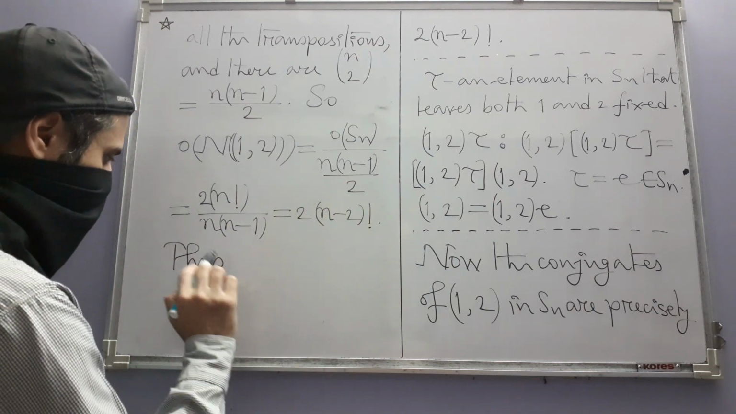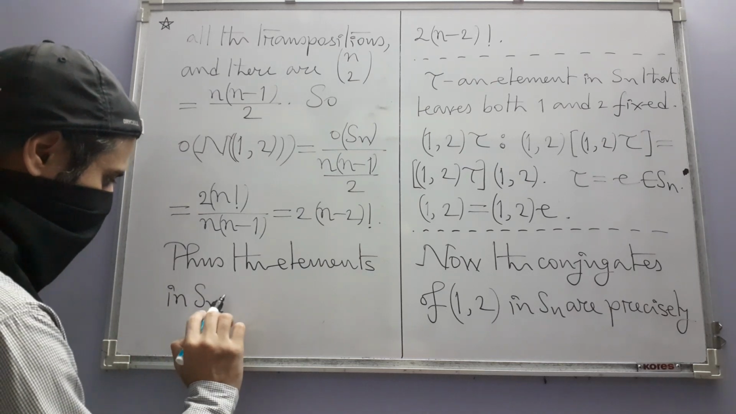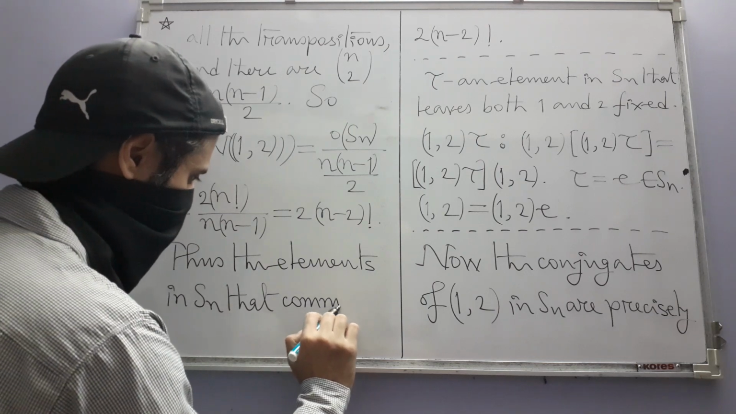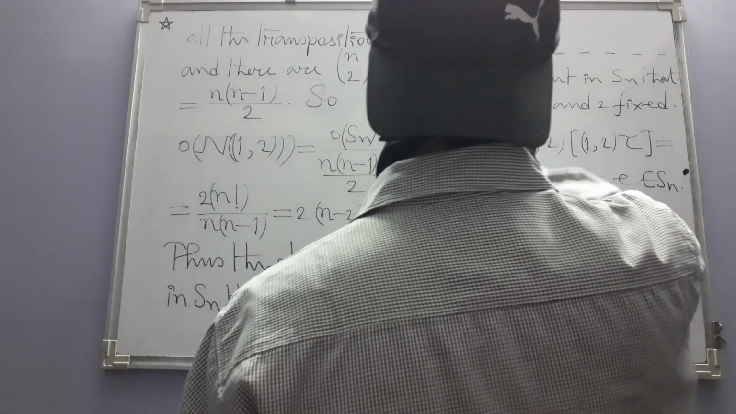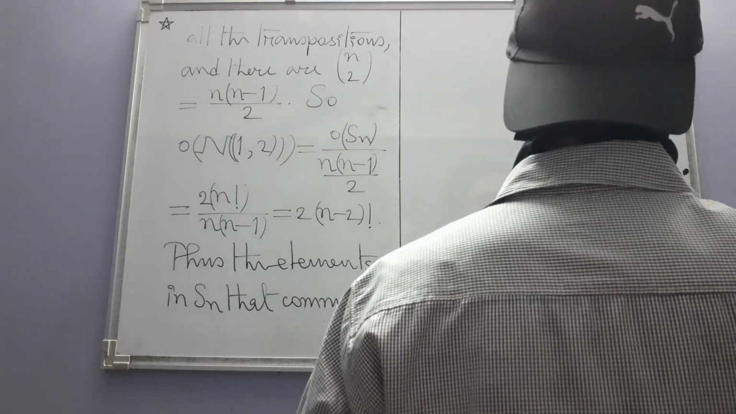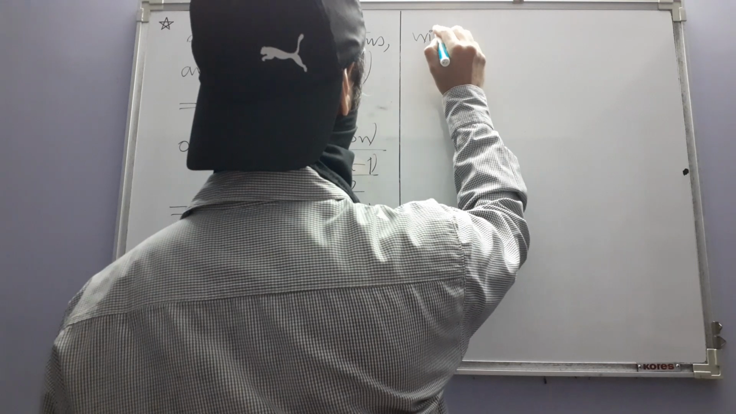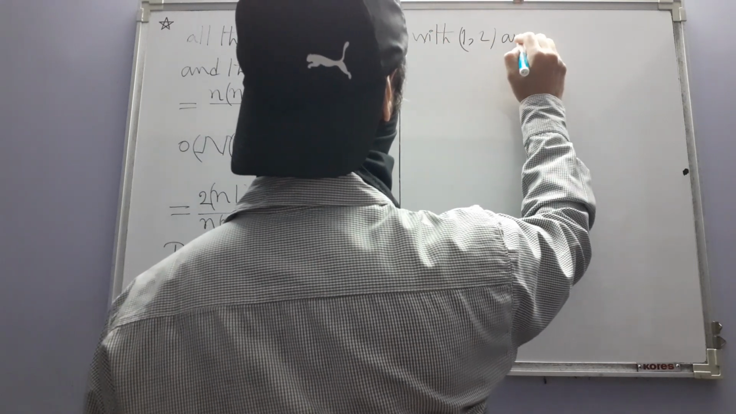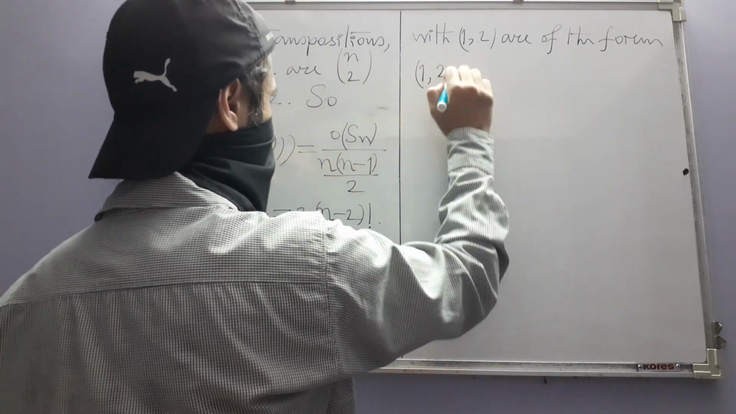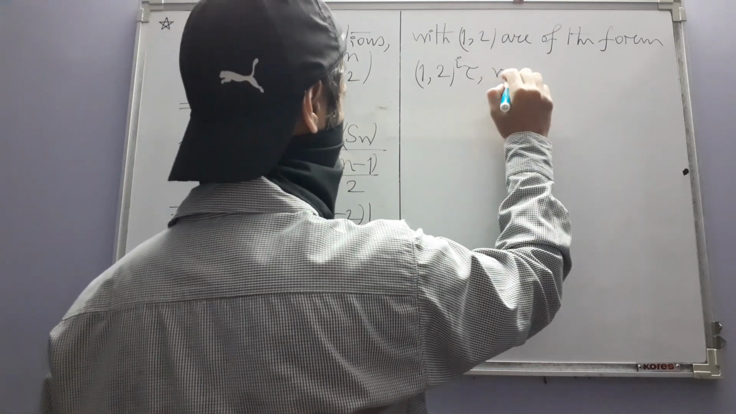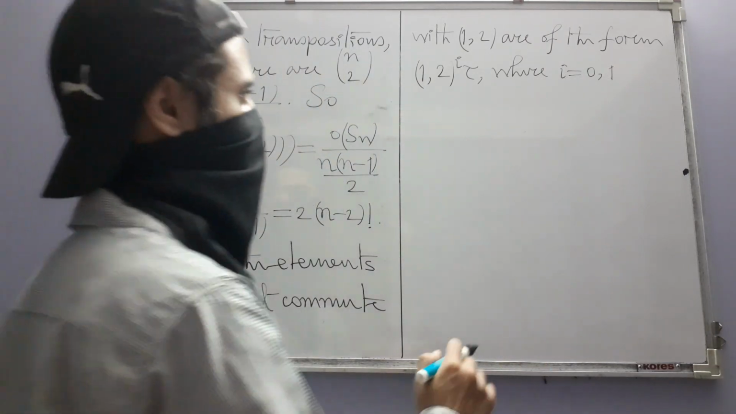Thus, the elements in Sn that commute with (1 2) have the form (1 2)^i times tau, where i is either 0 or 1, giving us those two lists, and